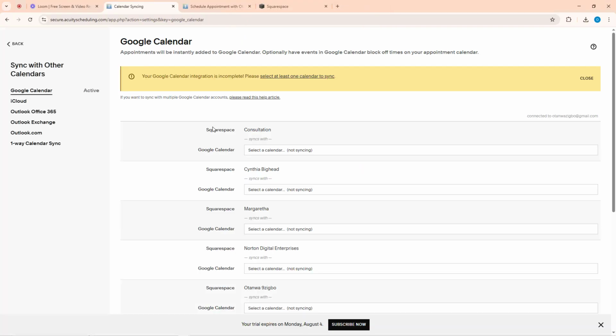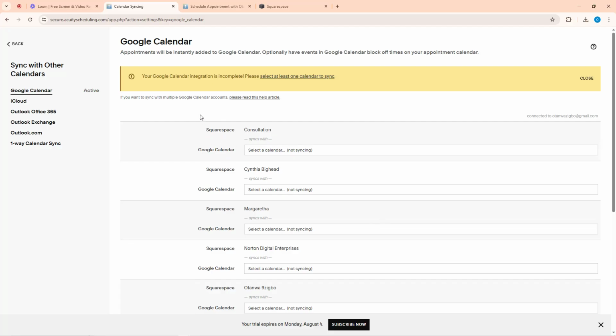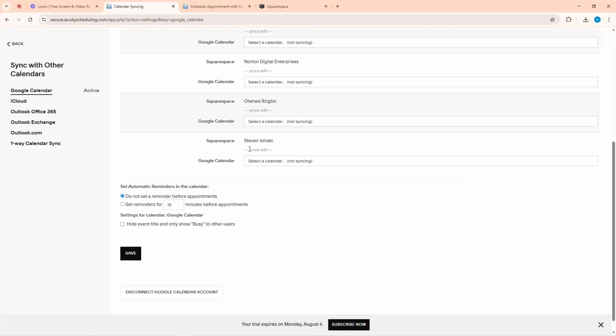Okay, we now have this now. So say appointment will be instantly added to Google Calendar. Optionally have clients to choose calendar block off, and so on. I don't want any of that, right? So now you see here now it's very sensitive here. So here now we need to know who actually gets to be added here, right? So you can see that we have